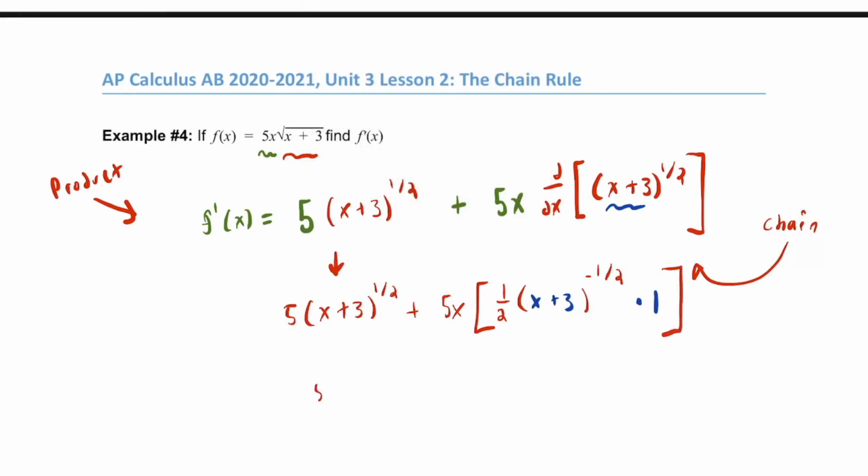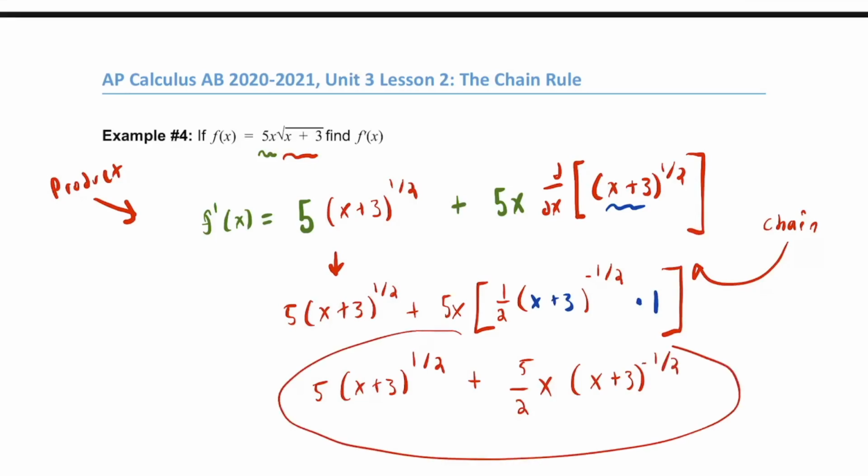And so what we have here is 5 times x plus 3 to the 1/2 plus 5 over 2, 5 times 1/2, x plus 3 to the negative 1/2. And there's a bunch of simplification that you could do on there, but we don't need